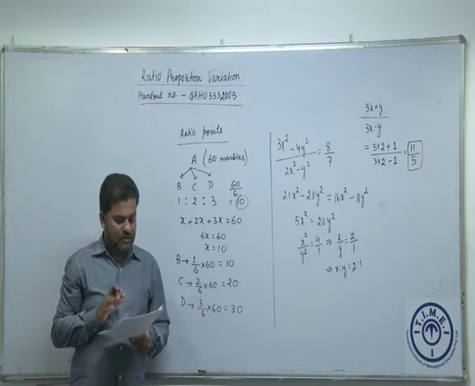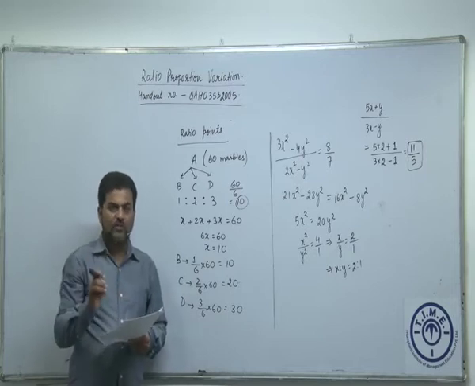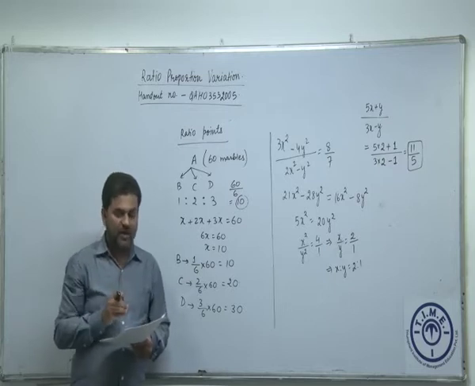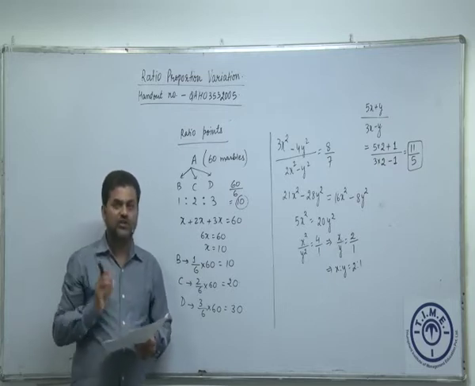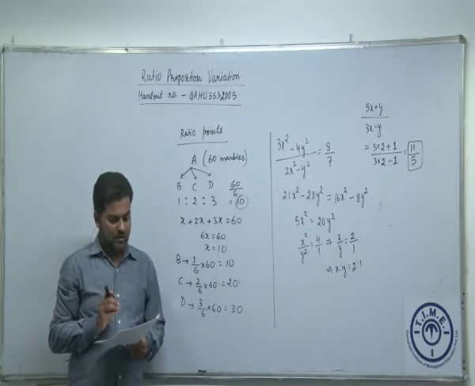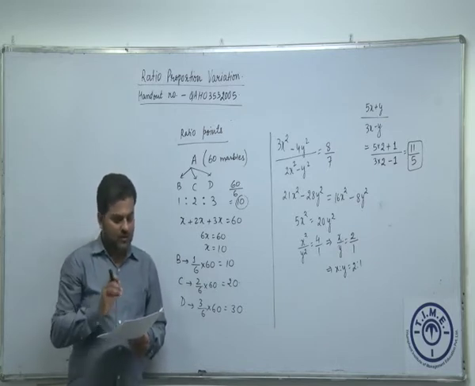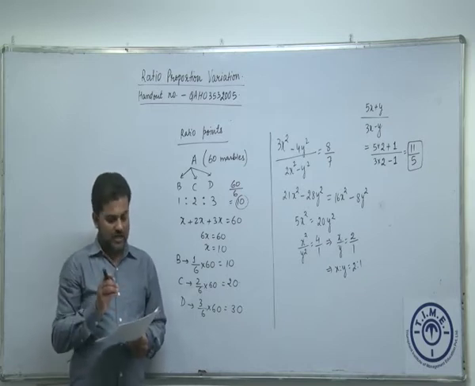The next option was 7:8. What is the total number of ratio points? Ratio points is 15. Can 75 be divided into 15 ratio points? Yes, it can be done. So the first 3 options are correct. The first 3 ratios are possible. The fourth one is not possible. So my answer is fourth.